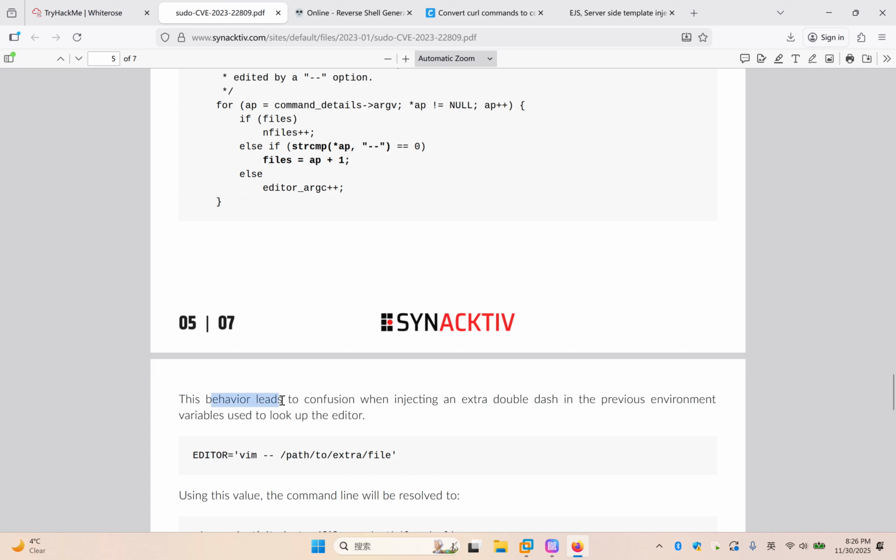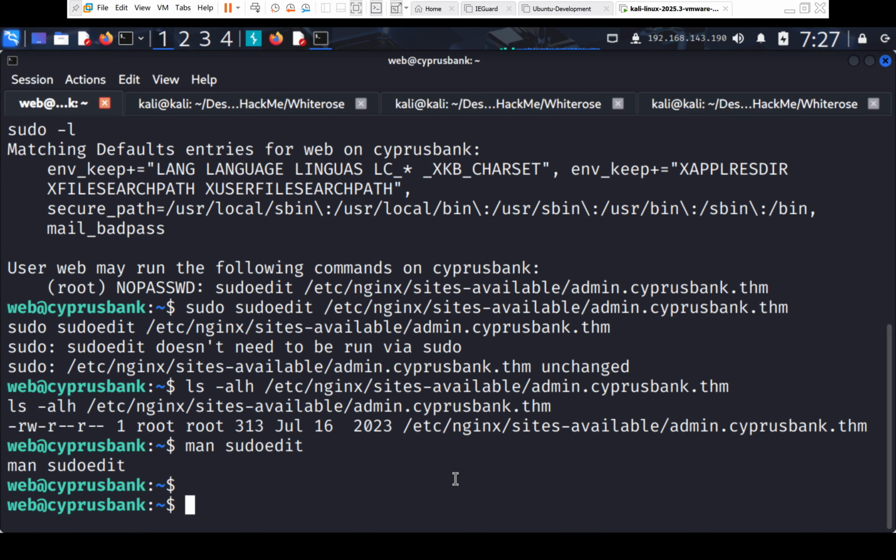This behavior leads to a confusion when injecting an extra double dash in the previous environment variables. So let me show you what I mean. Export editor. For example, I'd like to manipulate this one,